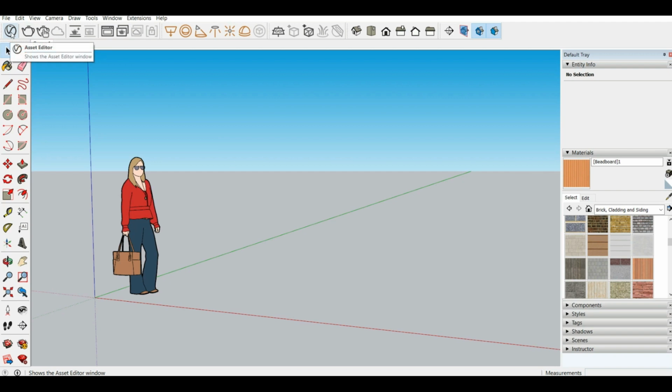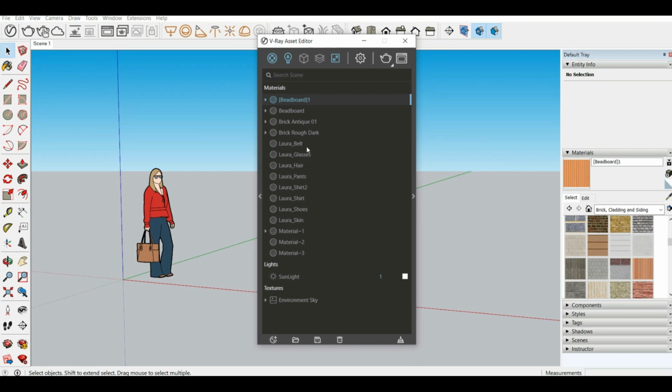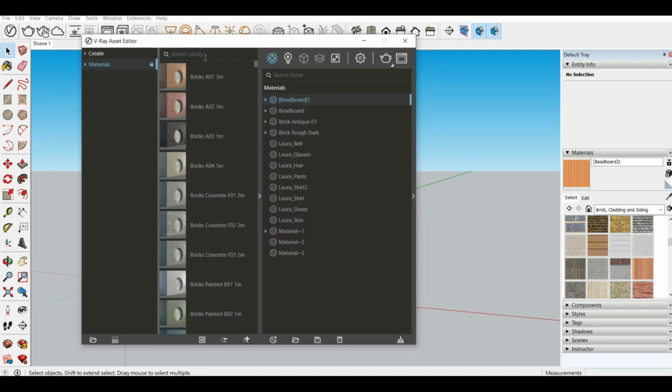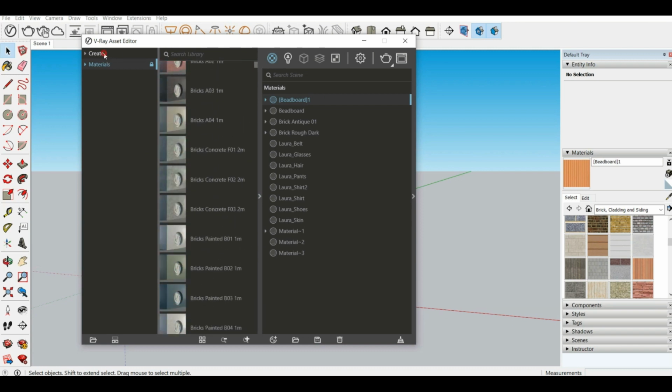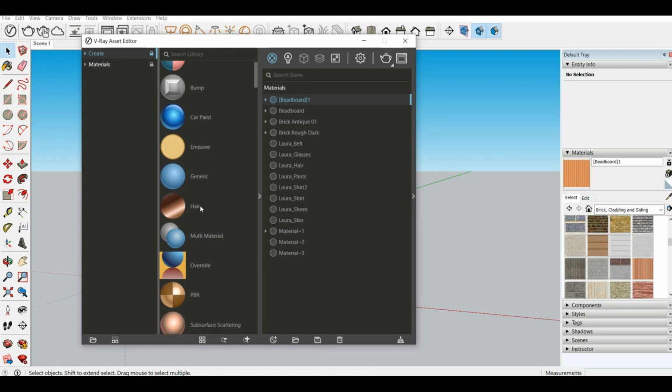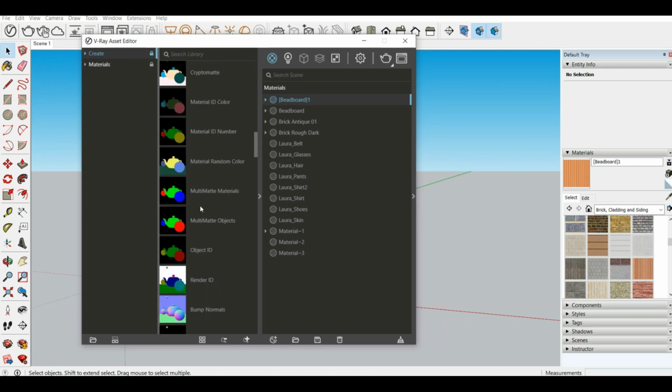So I'll open the Vray asset editor first. All I need to do is a left click here and wait for it to open. Okay, so here we go. So this is the dialog box, and first is the material tab. So click on the materials tab and then click on this arrow in the left hand side, and a sub window will appear. So here you can see the inbuilt material that Vray is providing,